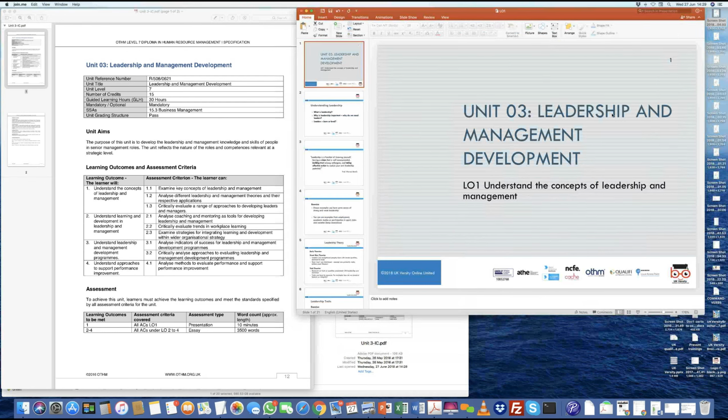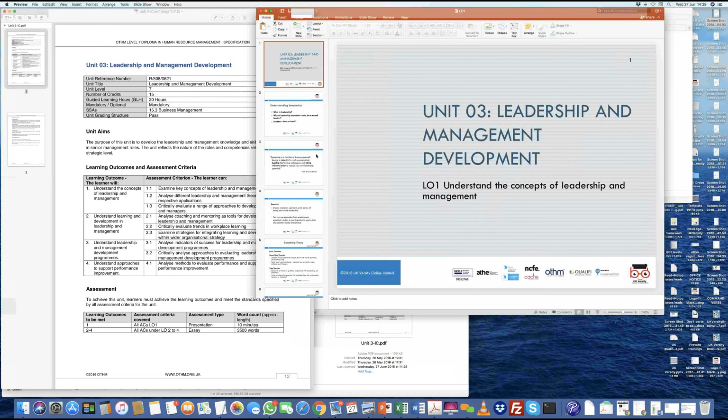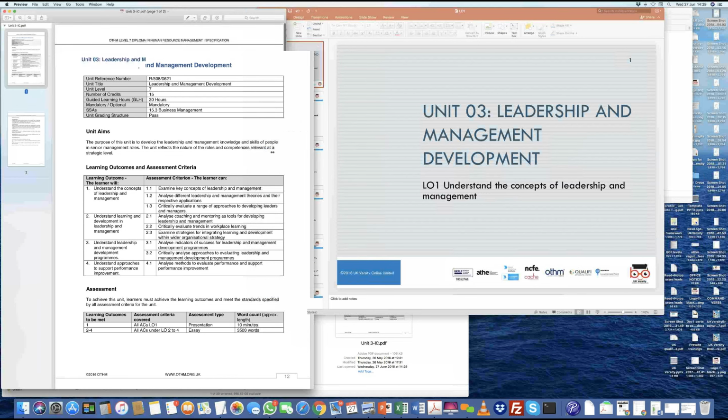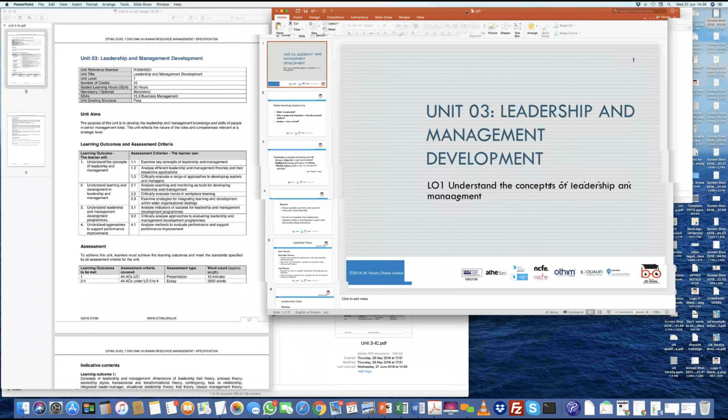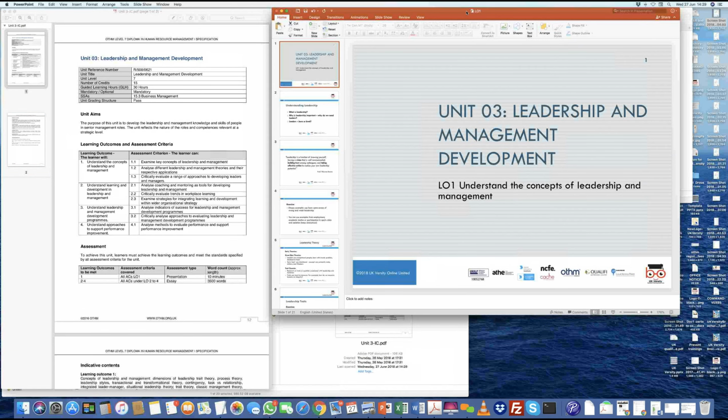Now, the importance and relevance of this particular unit, specifically for the HRM module, is that even in the HR function, there are times when leadership quality is required. If you have good leaders within the department, then they are able to manage better, delegate effectively, and get the performance which is required from their own department or their own set of people who work for them.